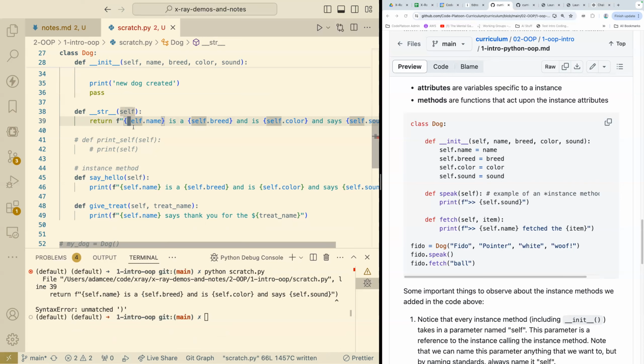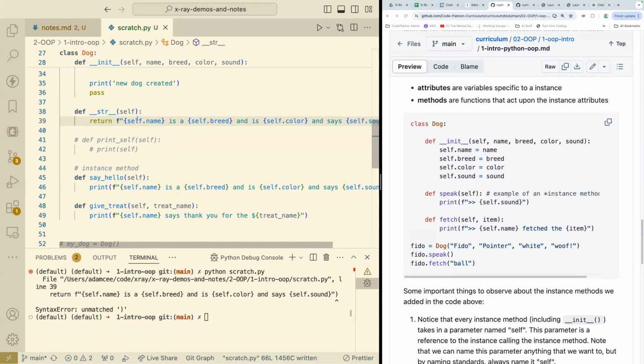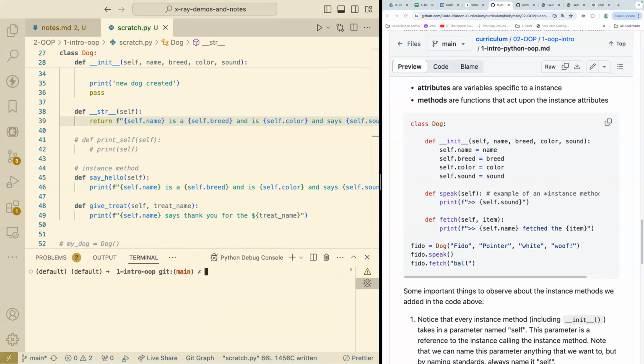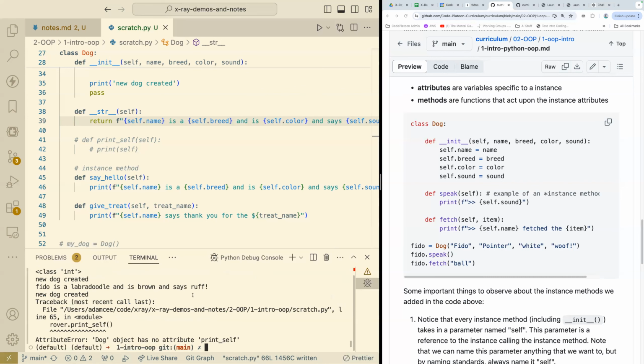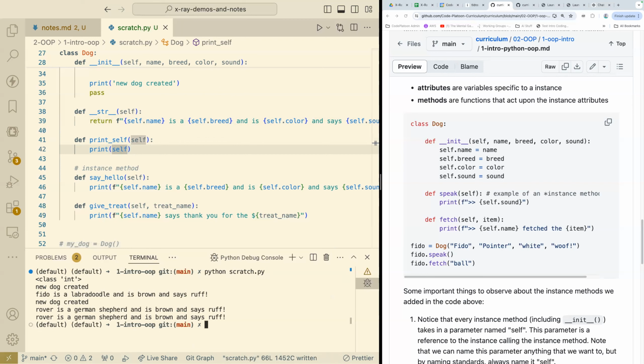I have an unmatched parenthesis because I deleted the print statement. So that is a good example of the dangers of copying and pasting. And now I think we're back in business. And now I think my print self method should work. And now we're cooking. So it was a little bit of a detour, but we saw that this dunder string method is,